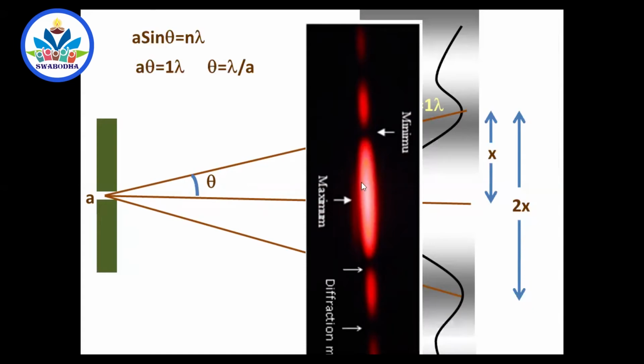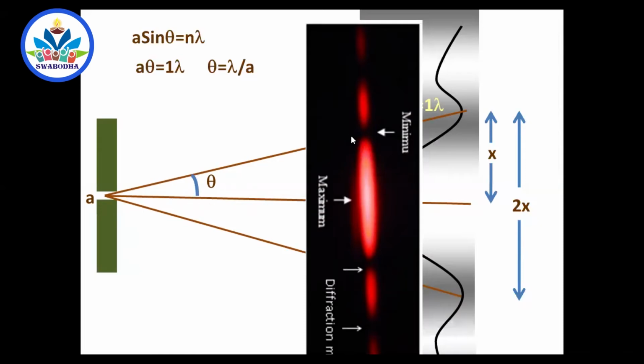Suppose you are asked to find out the linear width of the central bright fringe. Of course, we haven't found out the full angular width. Full angular width is double of this, double lambda by A. That's all. So, sir, what is the linear width? If you measure it from here to here, take it as x. You have to shift this diagram here. This is the arc length, this is the radius, right? Arc length L is equal to R d theta, right?